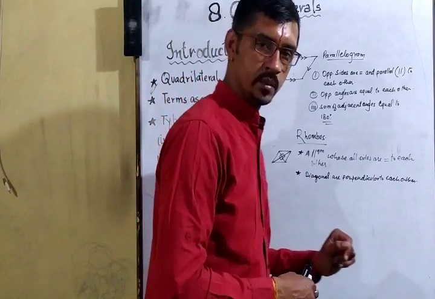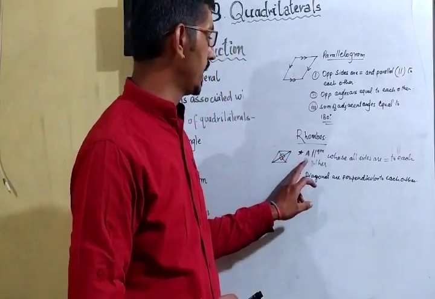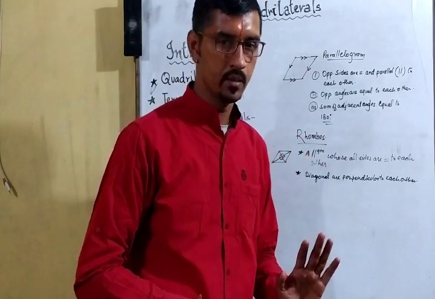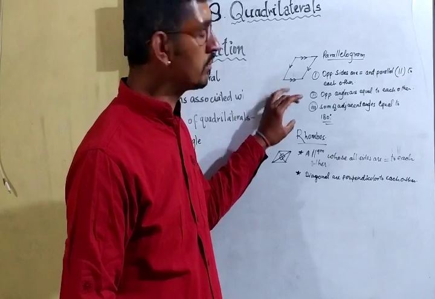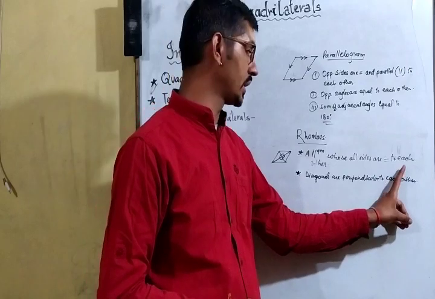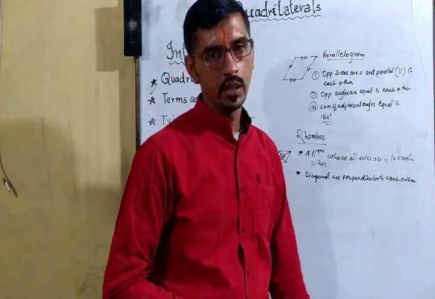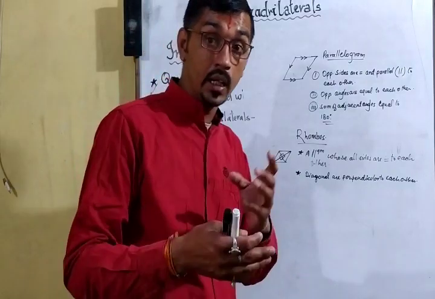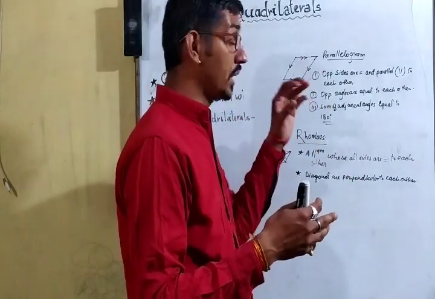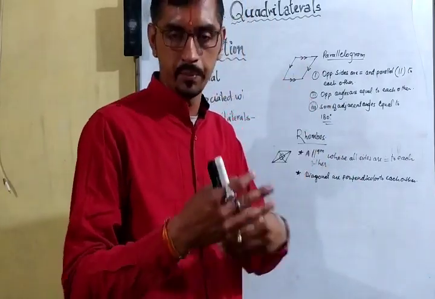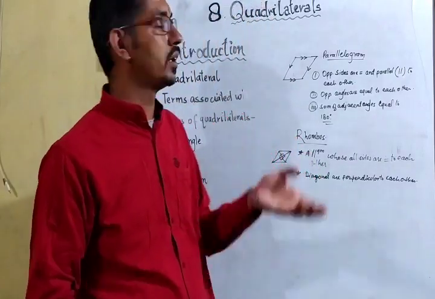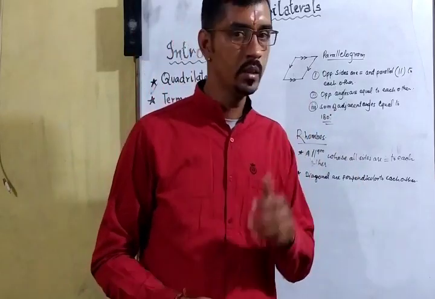So this is the second property, and very very important as well, because it is a parallelogram. So opposite sides are parallel and equal to each other as well. All the properties of a parallelogram as well as these two properties. First, all the sides are equal to each other, and diagonals are perpendicular to each other. So many times I told that later we will get to know more properties of parallelogram as well. That means the theorems which we will read in this chapter show the properties of parallelogram. That tells us the properties of parallelogram.